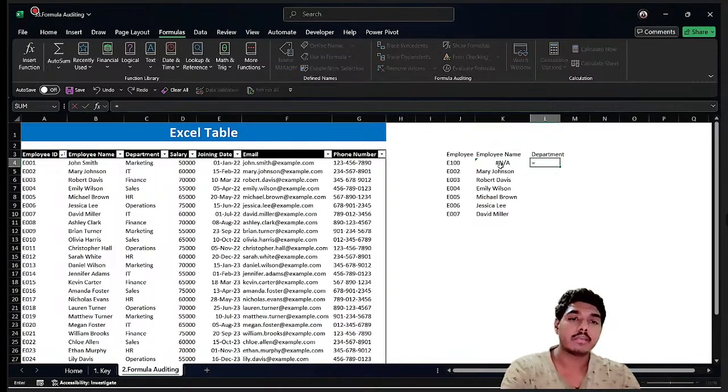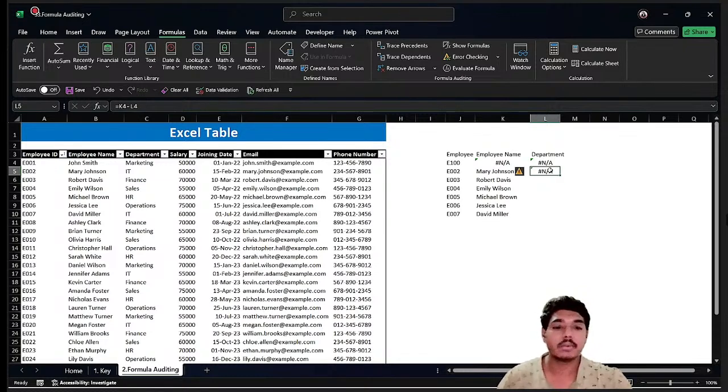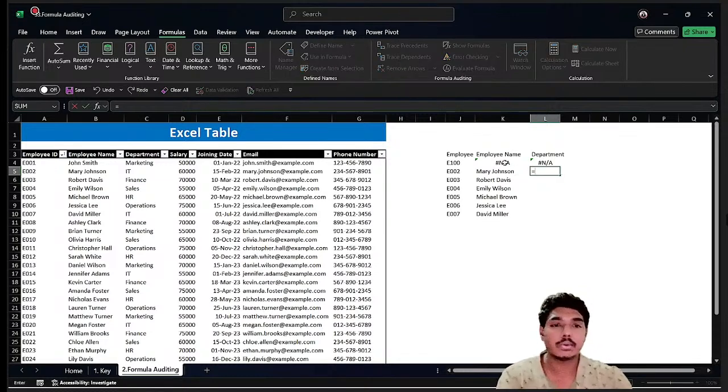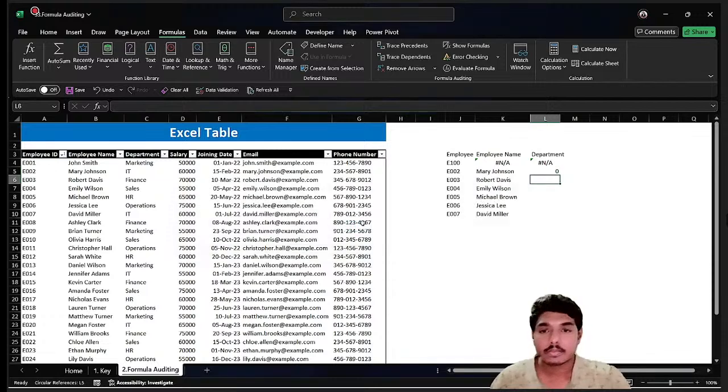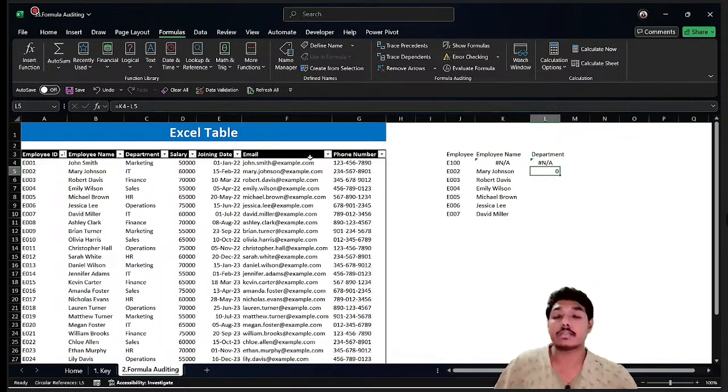For example, if I am doing this and I just say equals this minus this, now you can see automatically what it is showing. It is a circular reference. There is something called a circular reference. Circular references are nothing but formulas referring again and again to one particular cell,